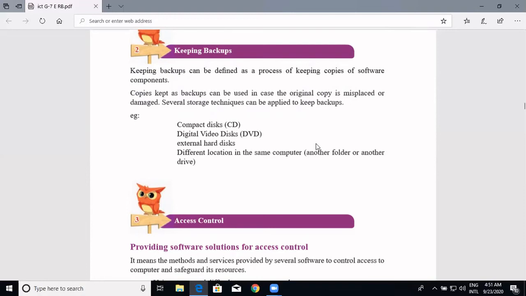Understood. You keep copies, but you have to make sure you're doing it regularly. Otherwise, your copy may be outdated, right? So are you doing it daily, weekly, monthly, or each hour? It depends on the importance of your content, right? So you can take copies to CDs, DVDs, drives, external hard disks, and all those things you can do at home,